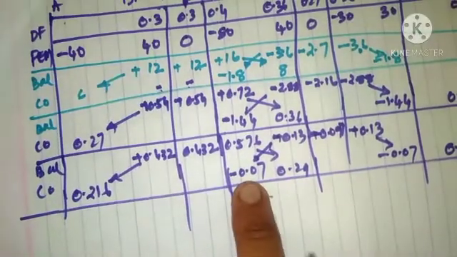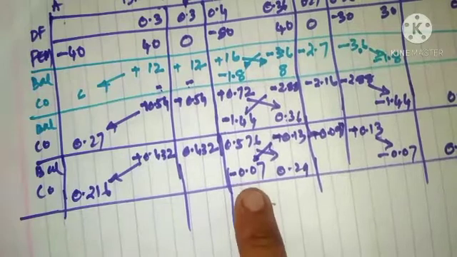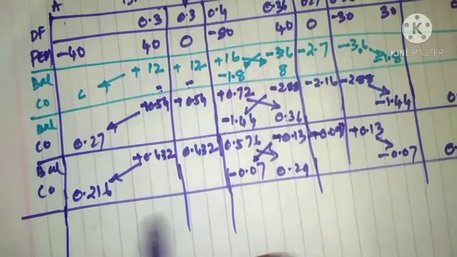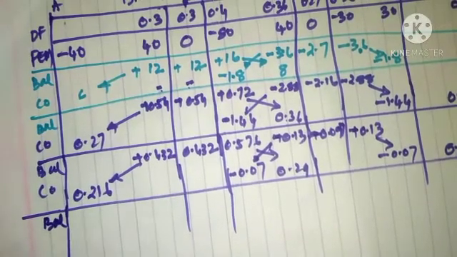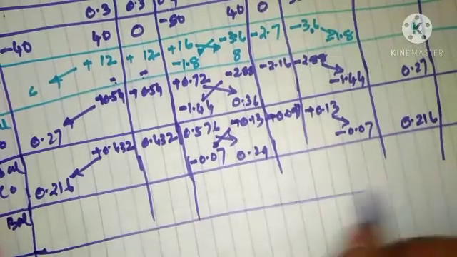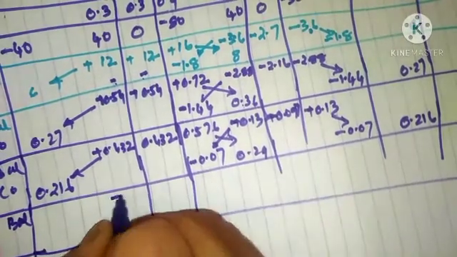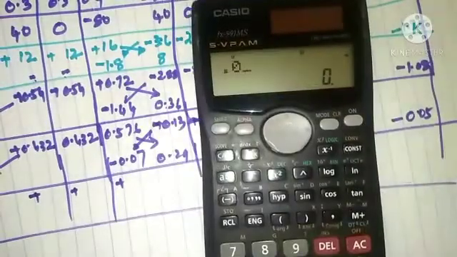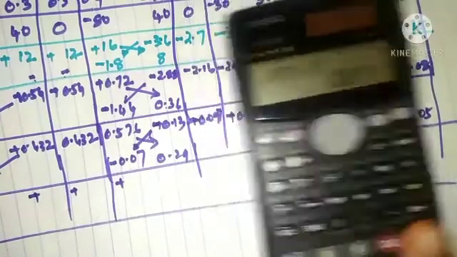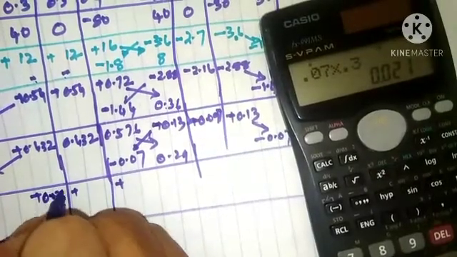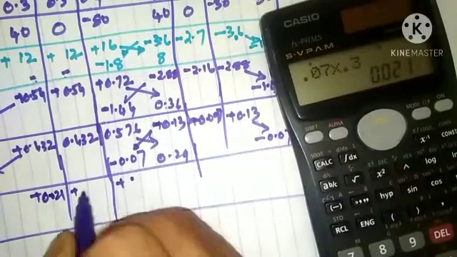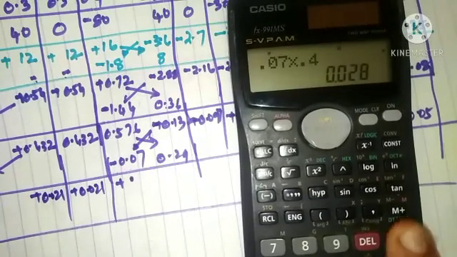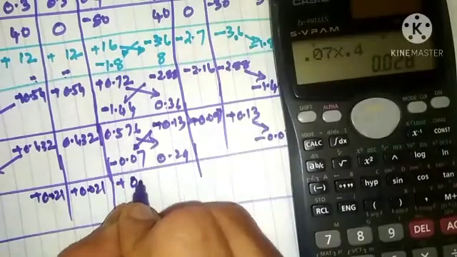We need to continue the calculation wherein the first decimal is approximately 0. Here, if it is 0.07, it means it will be hardly 0.1. So we need to continue 1 or 2 more iterations. We'll check out the balancing. When I do a balancing procedure here, 0.07, as it is minus, all will be positive. So it is 0.07 multiplied by 0.3, which comes as 0.021, and here also it will be 0.021. 0.07 multiplied by 0.4 comes as 0.028.